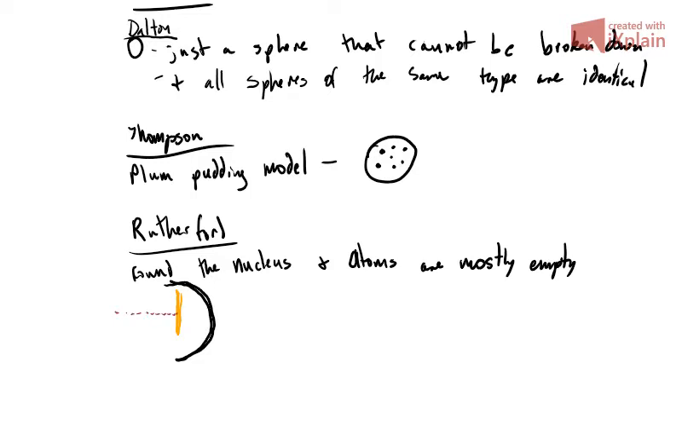gold foil. Now, if it was anything like the plum pudding model, you'd expect the majority of them to bounce back or just go straight through. However, he saw that some were deflected to the side, and some bounced straight back. So that tells us